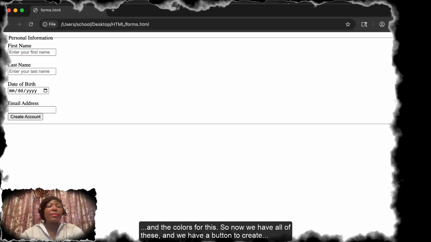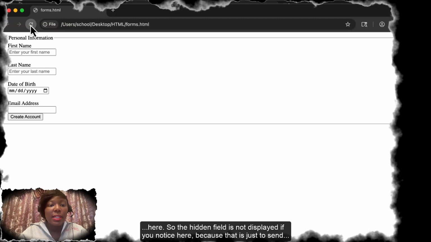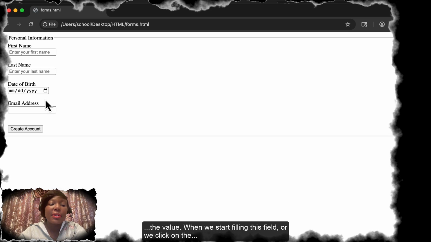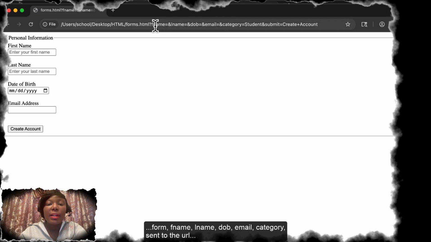So now we have all of this, we have the button to create account. You can put a space between them using your break tag like we did previously. From here we can have double break, and then we can see it reflect here. So the hidden field is not displayed, if you notice here, because that is just to send a value. So we have this. When we start filling this field, or we click on the create account button, you will see all of these values, the names of the form, F name, L name, date of birth, email, category,